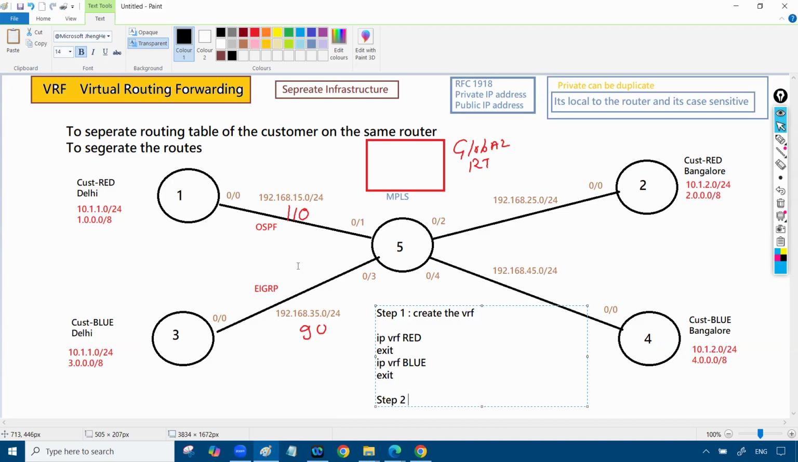Step 2, map the port into the VRF. How do I map the port? Remember one thing, whenever you're gonna map the port,